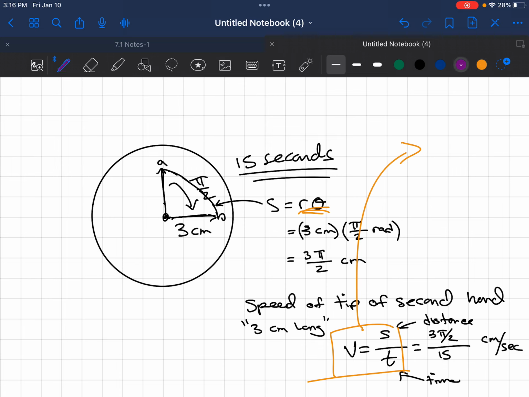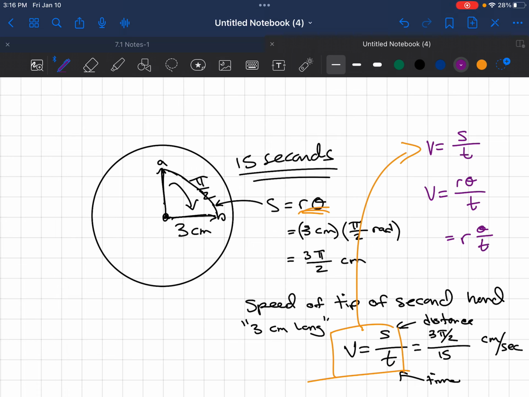So the first formula that we get is that the velocity is equal to how far it moved divided by how long. The second formula, replacing s with r theta, gets us